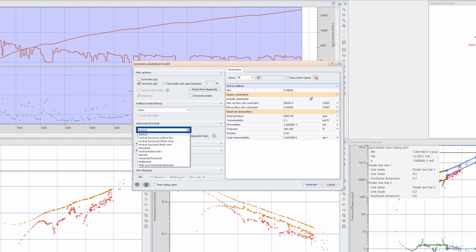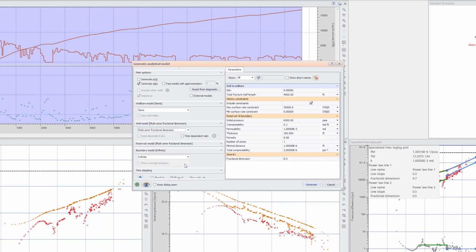In the Well Model list, select Multi-Zone Fractional Dimension Model. Note that the Reservoir model will also be switched to Multi-Zone Fractional Dimension. The boundary model is set to infinite. In the model parameters, enter the total fracture half-length and set the number of zones to 2 as we observed